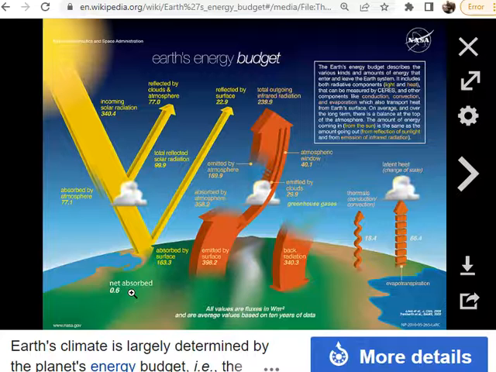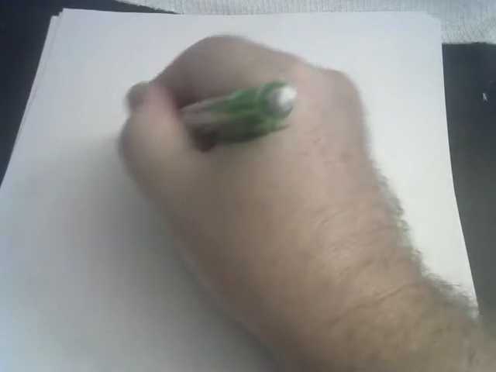The idea that the ground is absorbing 0.6 watts per meter squared is basically saying that, well, let's just say over the course of a day, you'd notice a significant amount of warming if that were the case. But then it says all values are fluxes in watts per meter squared and are average values based on 10 years of data. Actually, before I dismiss that number out of hand, though,